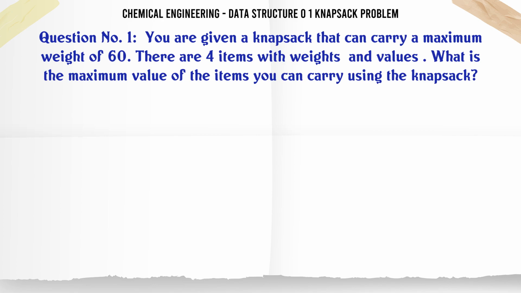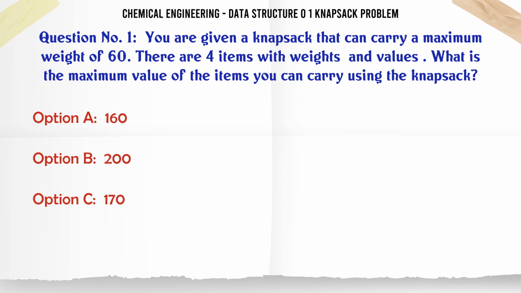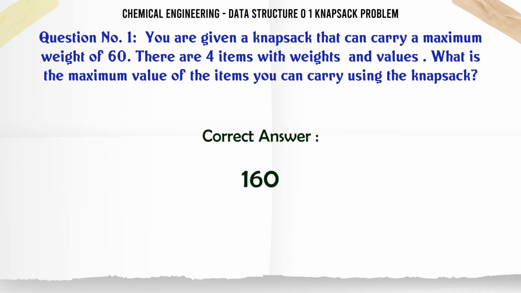You are given a knapsack that can carry a maximum weight of 60. There are 4 items with weights 20, 30, 40, 70 and values 70, 80, 90, 100. What is the maximum value of the items you can carry using the knapsack? A. 160. B. 200. C. 170. D. 90. The correct answer is